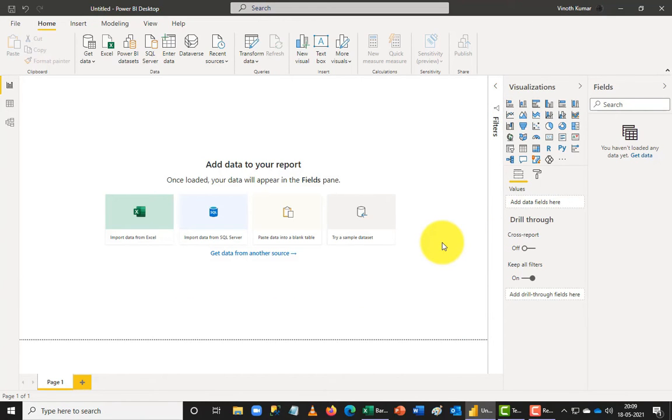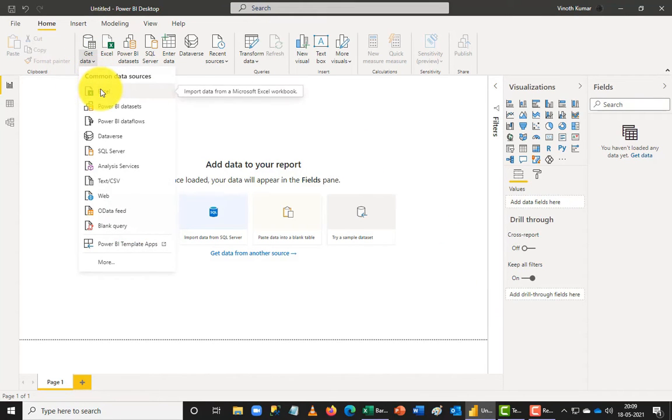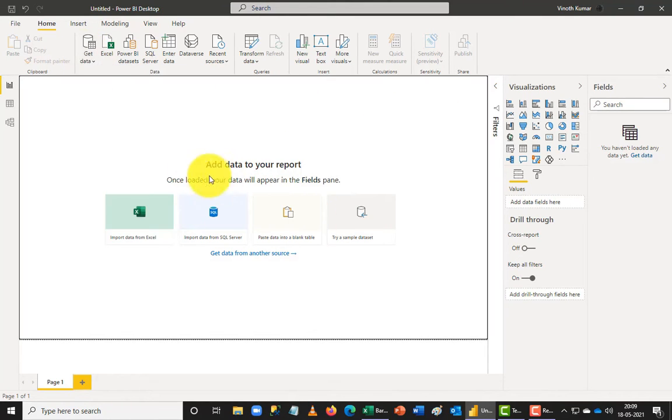I'm not going to go too deep into all the data additions and other components here, but I'll touch the Power BI import of data and all those components. So today I'm going to take clean data. I'm going to take up get data, and from an Excel sheet I'm going to pull the data inside. I can either use the get data function to import the data, or I can use the add data to your report icon also to get the data done. So I'm going to import the data from Excel.